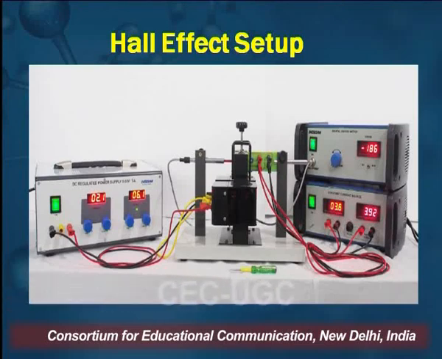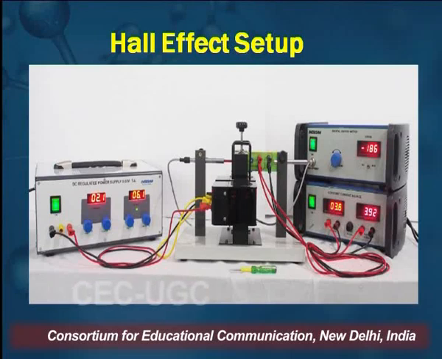Approximately we fix it at 1500 Gauss or more. In this arrangement we fix the magnetic field, and the probe gives the signal to the Gauss meter, and then we can find out the magnetic field and take the reading from this Gauss meter. And another is the semiconductor.